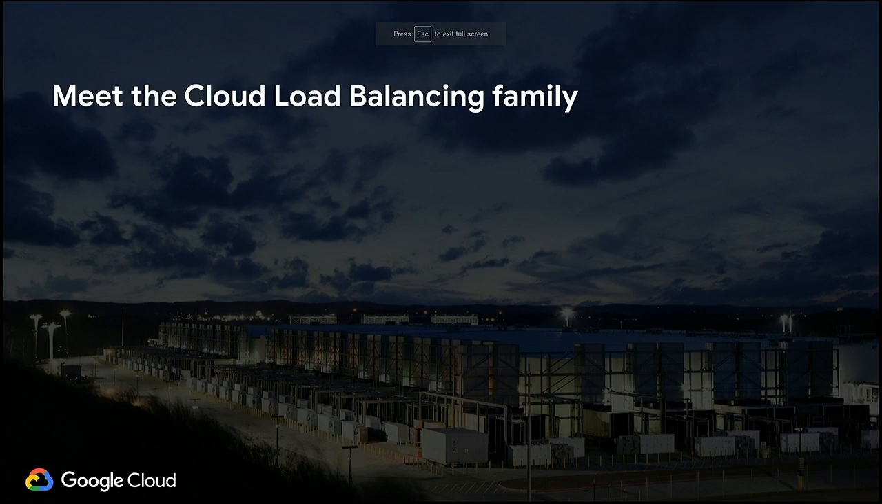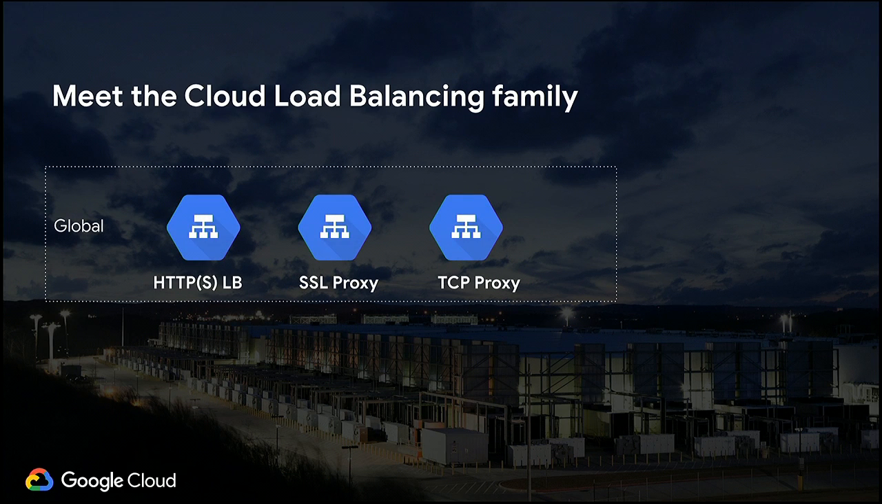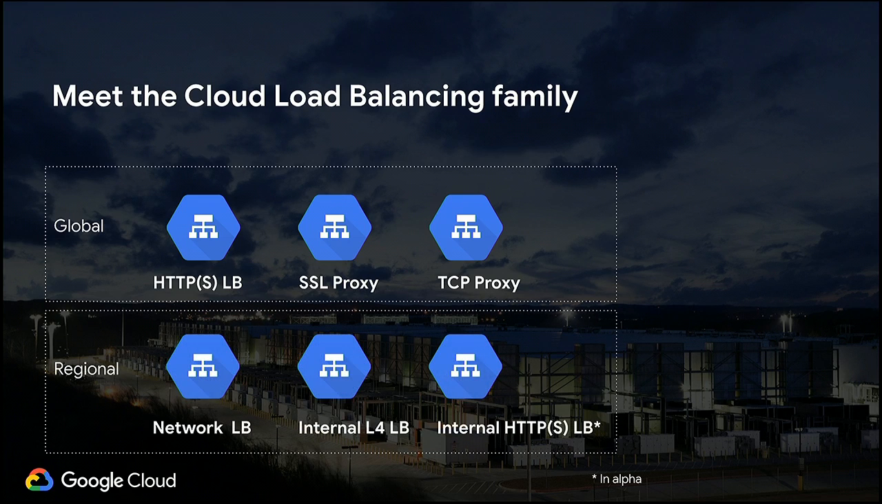So today, we're going to do a deep dive into our cloud load balancing family. On the global side, we have our HTTP, HTTPS load balancers and our proxies for SSL and TCP. And on the regional, we have our external-facing network load balancer and our internal layer 4 load balancing. By regional, I mean that the backend instances are constrained to a specific region, and global, we can have backend